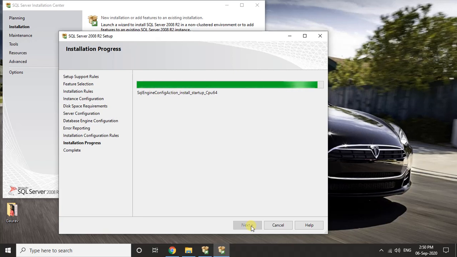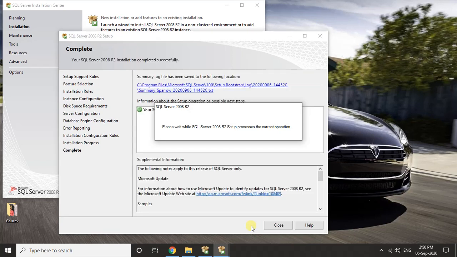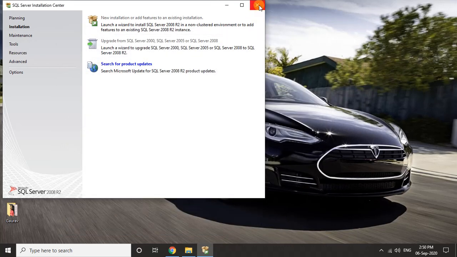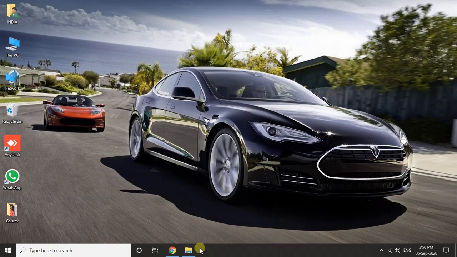We are just on the final step of installing the SQL Express version on your local system, which is a basic requirement of our software. It handles the database of our software. Now we will click on the close button, and the installation process of Express version SQL is completed. Now we will close this window also because we don't need it anymore.